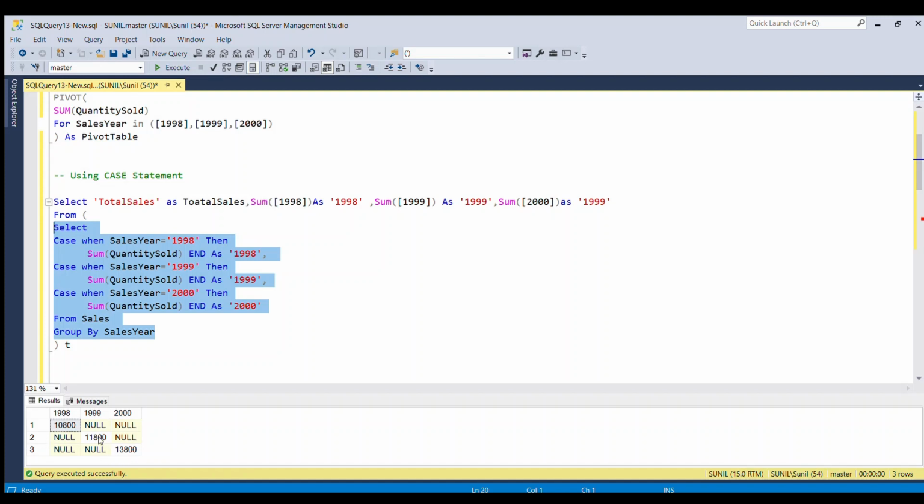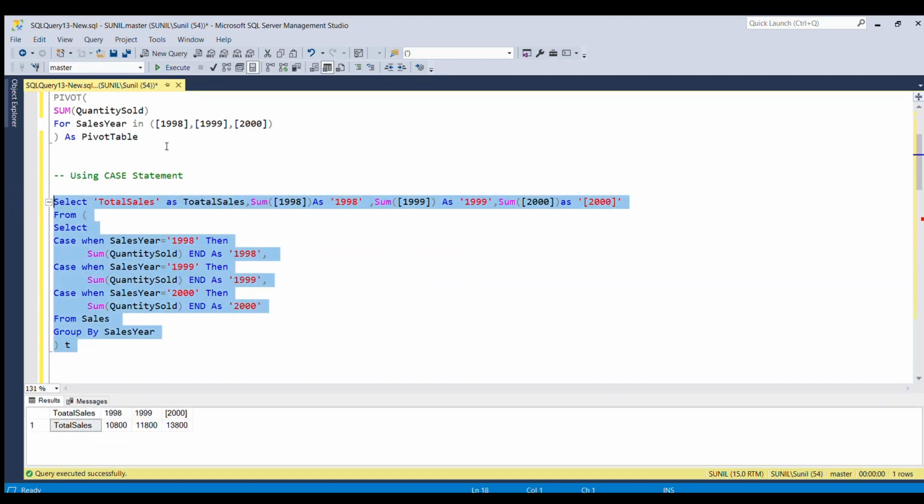In order to get all these three in a single row, we can use another query, that is a select clause, where I'm hard coding total sales as total sales, and then I'm summing the column 1998 and giving name as 1998, and again summing the column 1999 and giving name as 1999, and similar is the case for 2000 as well. So if I run this full piece of code, we'll get the same result.